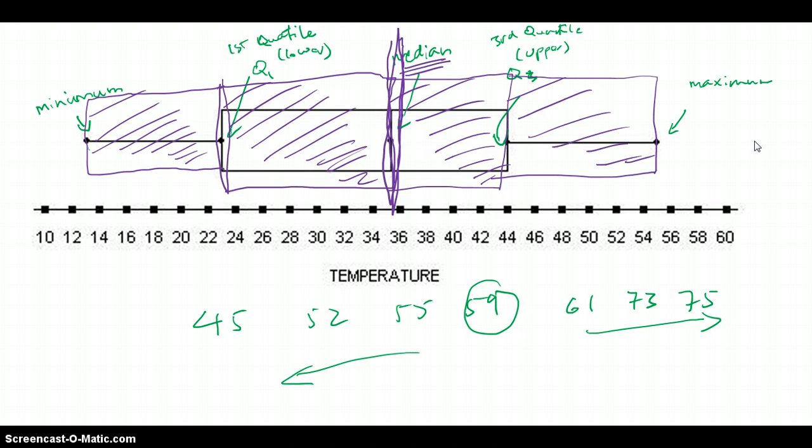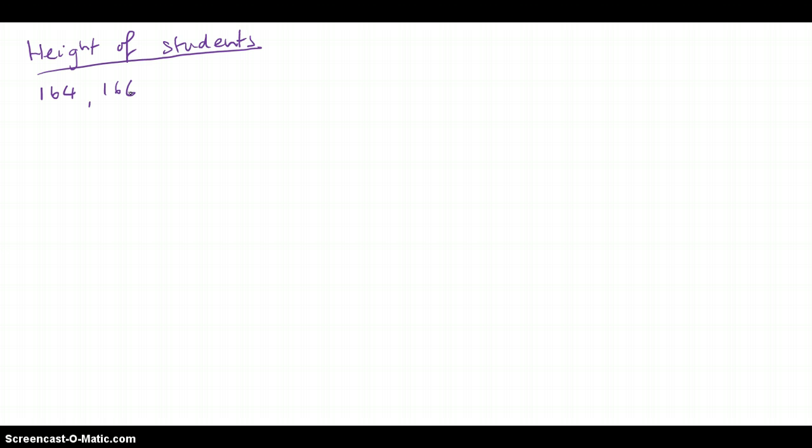Anyway, let's quickly go through an example so that we can understand how to tackle these sorts of questions. Say you collect a bunch of data relating to the height of students in your classroom. Say the data points that you got were 164, 166, 181, 172, 175,